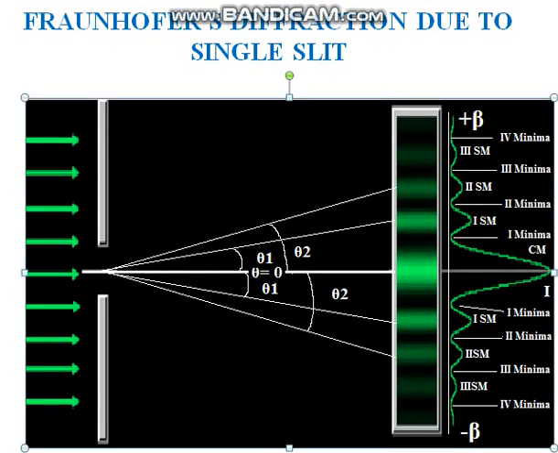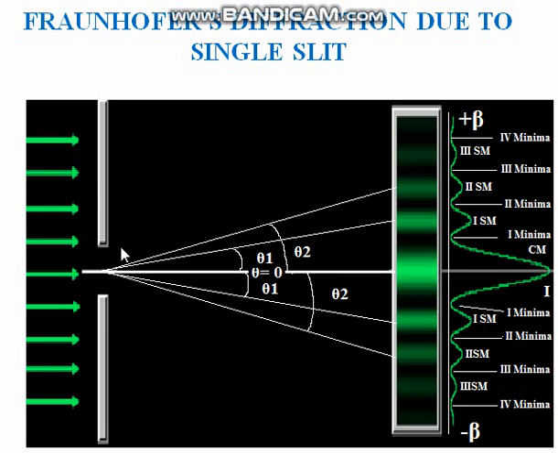Okay, so here is the diagram for the Fraunhofer diffraction due to the single slit. This opening is the single slit, and the linear width of this slit is, suppose, small e, and light of single wavelength lambda, monochromatic light, falls normally on this slit. So this is the plane wave front, satisfying the condition of Fraunhofer diffraction.